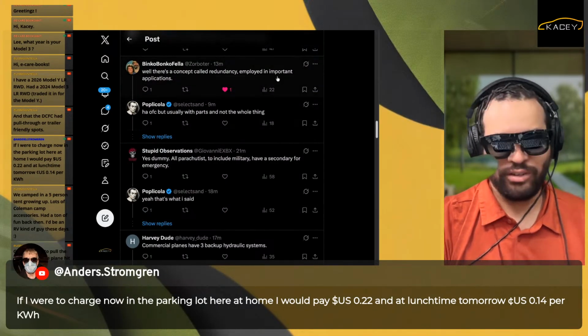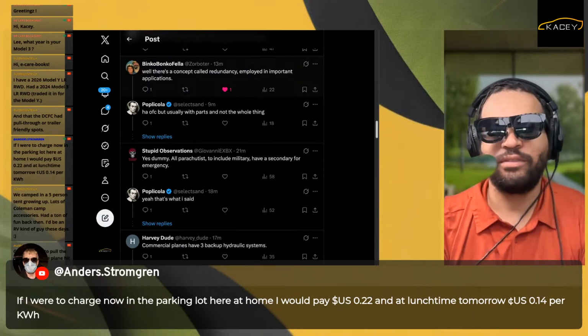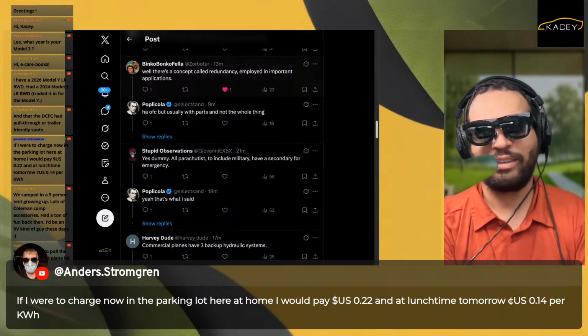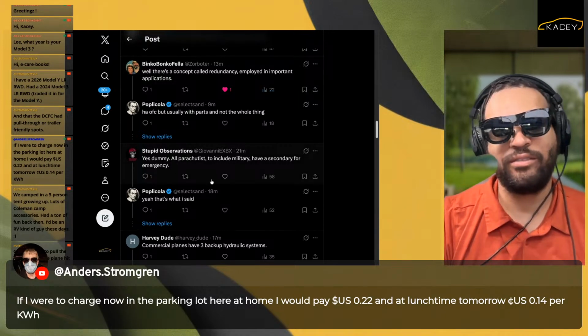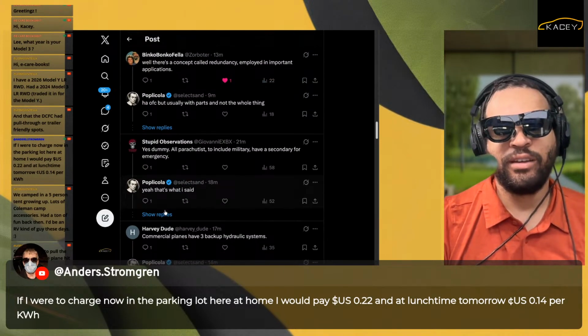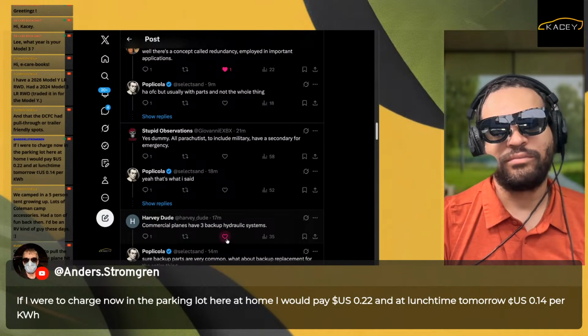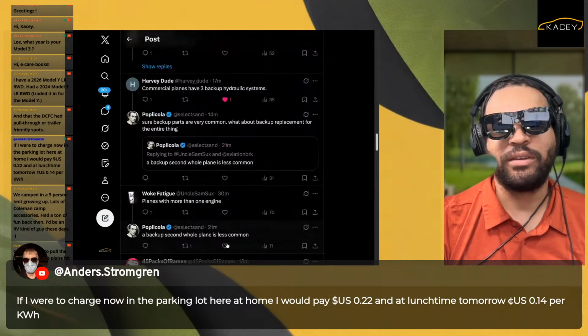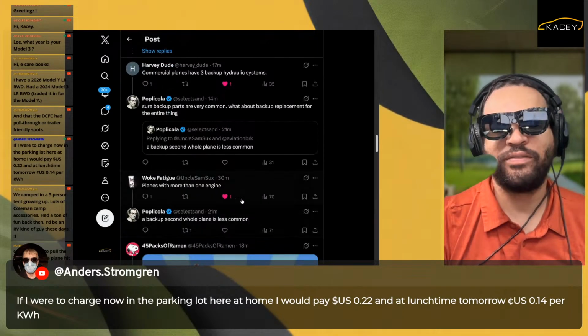Well, I mean, you could look at it a number of ways. Like with these servers over here, they could have backup drives on the shelf, backup drives deployed inside them, and they could be backing each other up, and that's a whole other one right there. Commercial planes have three backup hydraulic systems. That's going to be a part. Planes with more than one engine, again, a part. Thank you, Captain Obvious.